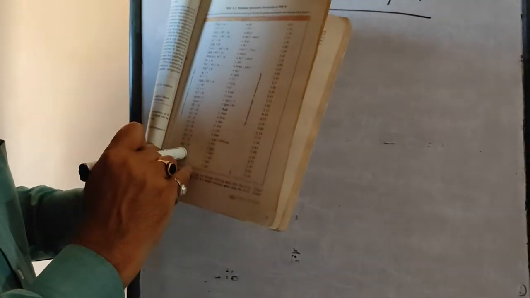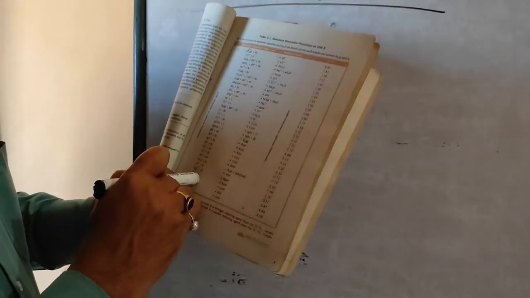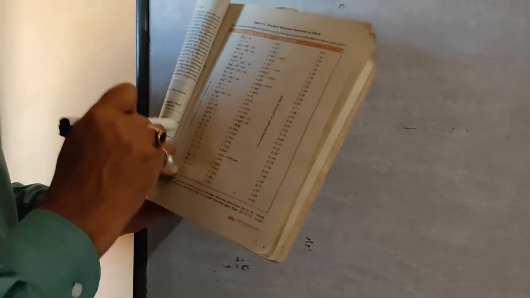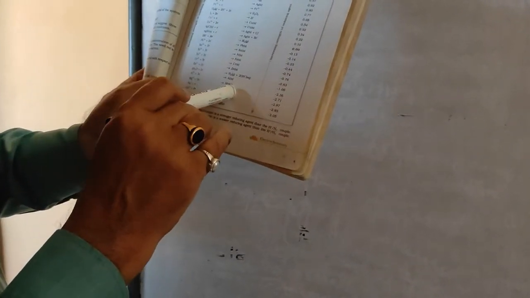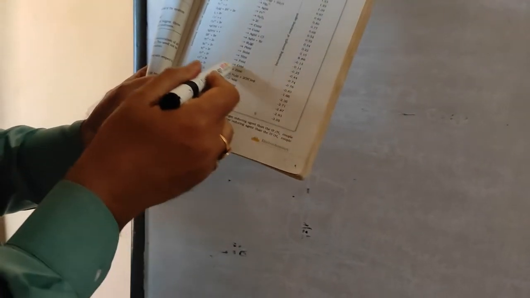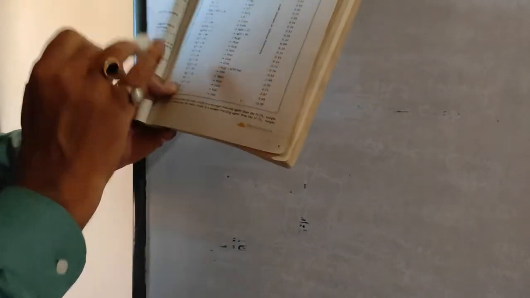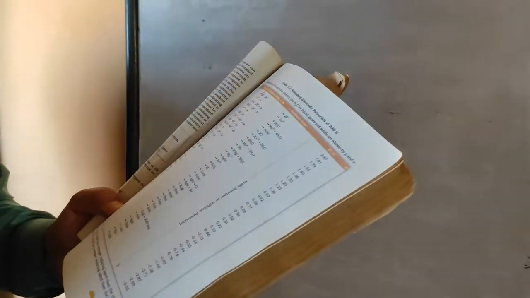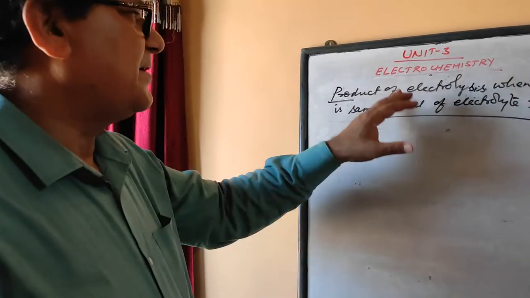Then if we do electrolysis of an aqueous solution of their compound, at the cathode the reduction of water is preferred in comparison to the reduction of that metal. Suppose, as I already explained, electrolysis of aqueous solution of NaCl, AlCl3, CaCl2, KCl, LiCl. During electrolysis of the aqueous solution of these salts, we will always get hydrogen at the cathode, not the metal. Now this is the theoretical part.